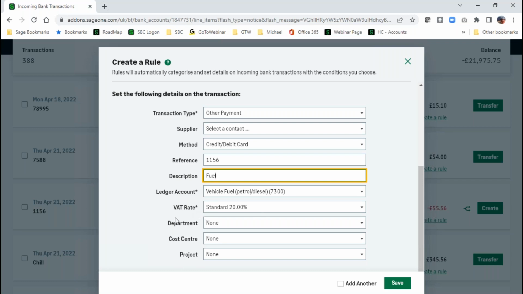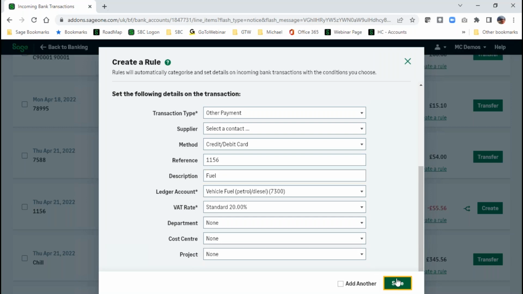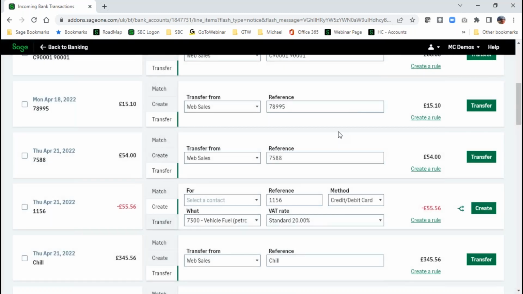Now I can specify the analysis types as well, but we're going to come back to analysis types a little bit later on in the session. But other than that, I just click save. And that's the rule set up at that point. Now what that will mean in the future, so let's just cancel out of that one,